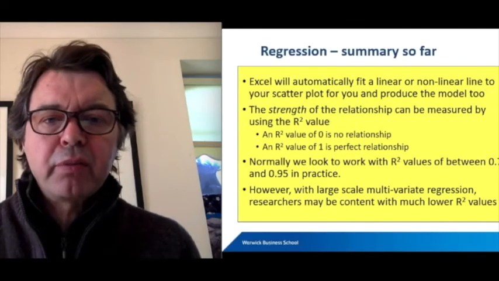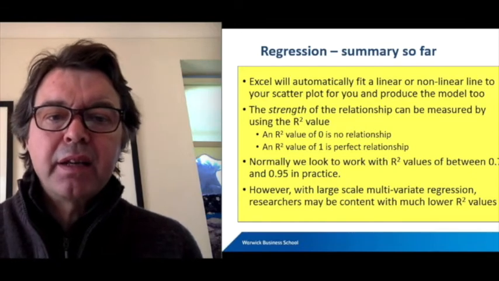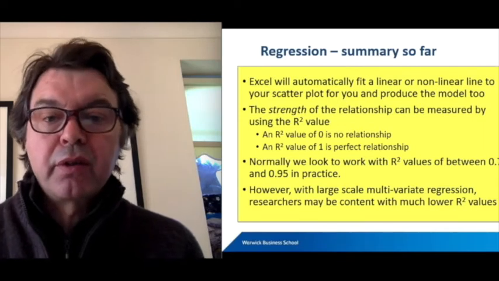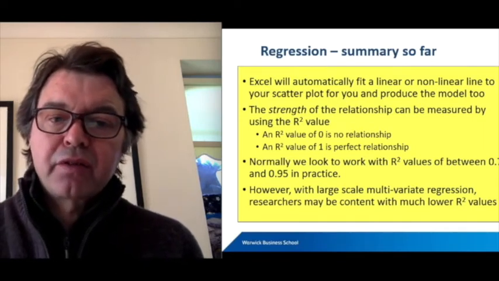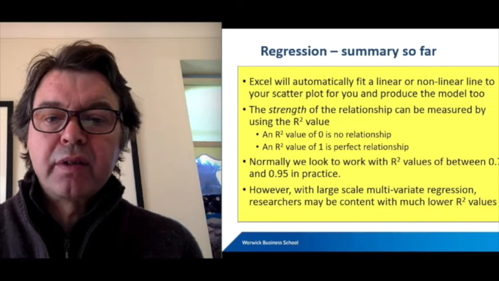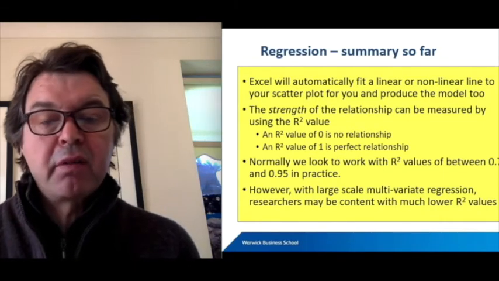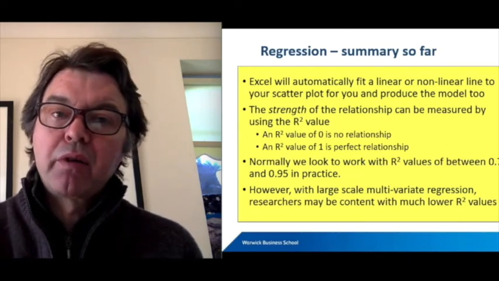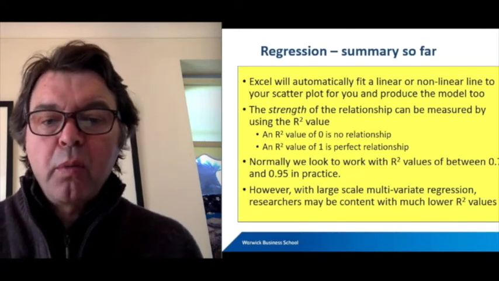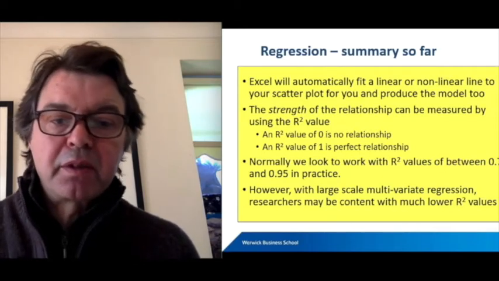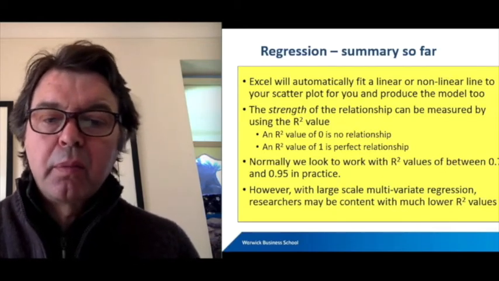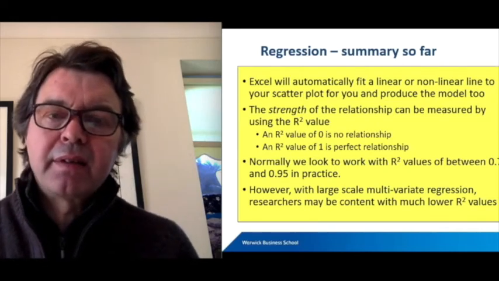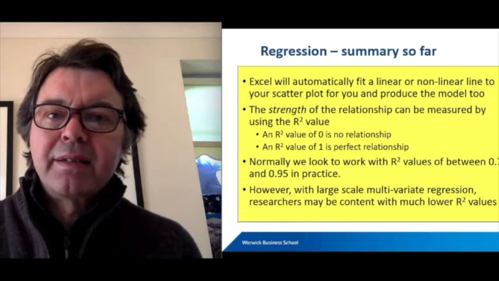So regression will automatically fit a linear or a non-linear line to your scatter plot for you and produce the model too. And the strength of the relationship can be measured by using the R-squared value. So an R-squared of 0 means no relationship, it's just random. And an R-squared value of 1 is a perfect relationship. Normally we look to work with R-squared values between 0.7 and 0.95. But it depends on the context, and this is where the analyst needs to show some judgment,